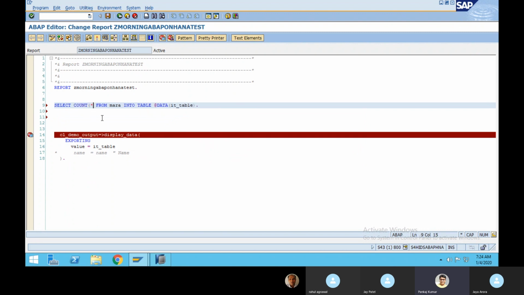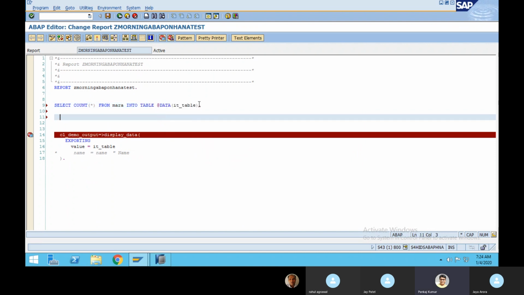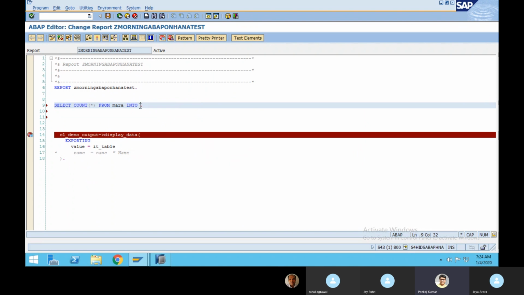Count star, right? We are going to use count star from MARA into a variable: into @DATA(lv_count).